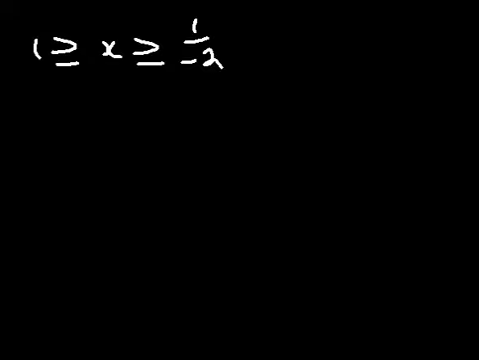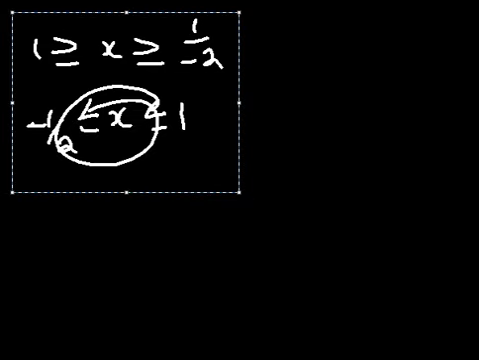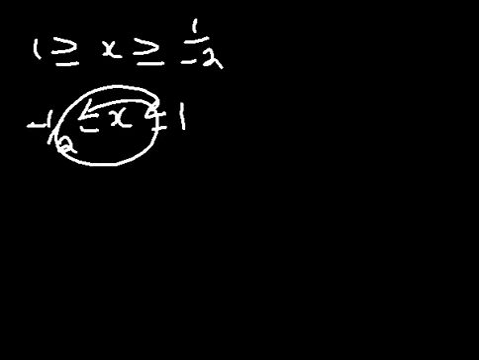And of which, as it stands here, this is the same as having negative half less than or equal to x less than or equal to 1. That is the same as that. So take note of that. Now let's say if I have this case. So by the way, which means